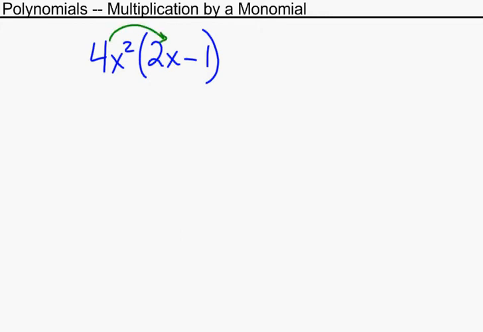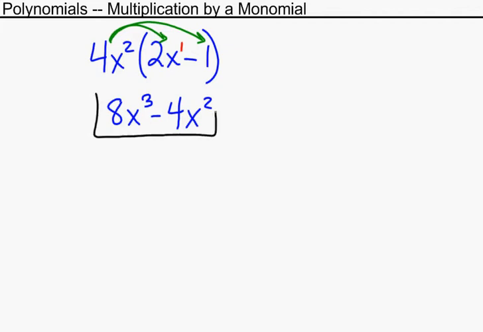When I take it to the first piece, I multiply 2 times 4, that gives me 8. There was already 1 x on the inside. I'm adding 2 more in, so that gives me x to the third. And then I'm done with the first piece. Let's distribute to the second piece. I have a 4 times a negative 1, which is negative 4. And there are no x's, and I'm adding 2 more in, so I get x squared. So my final answer when I distribute the monomial is 8x to the third minus 4x squared, which is a